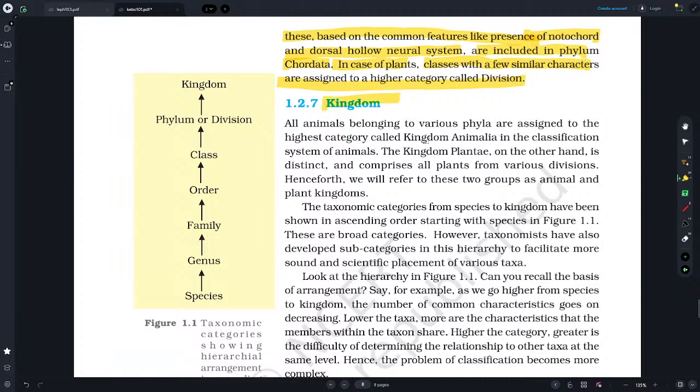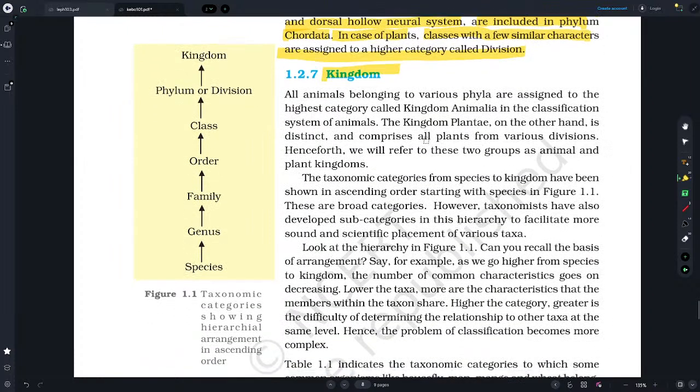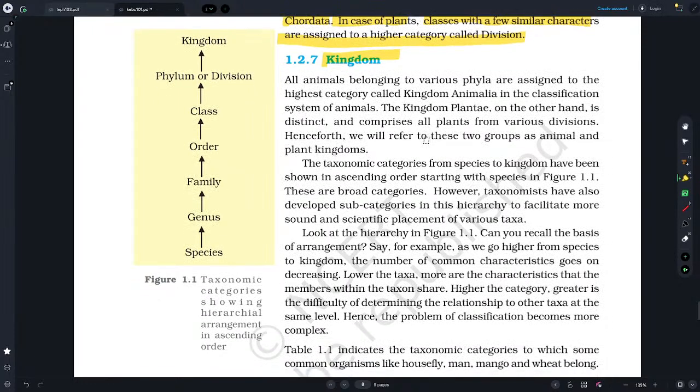Kingdom, the highest taxonomic category. This is the ascending order here, what they showed here. Species ascending to genus, ascending to family, ascending to order, ascending to class, ascending to phylum, ascending to kingdom. All animals belonging to various phyla, phyla being the plural form of phylum, are assigned to the highest category called kingdom